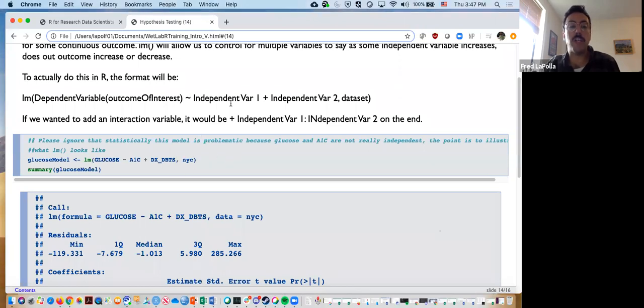If we had an interaction variable, it would be done with a colon. So if we thought that A1C and diabetes were interacting, we could do plus A1C colon DX underscore diabetes. And then the last thing is just the data frame to pull these from. And then, similar to what we saw with the ANOVA, we can run a summary to see